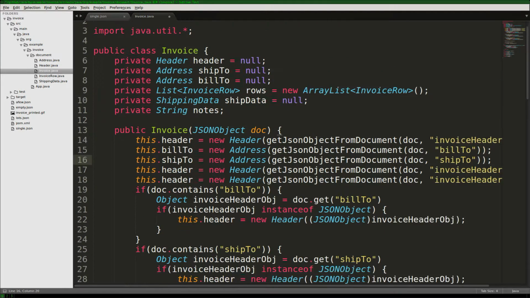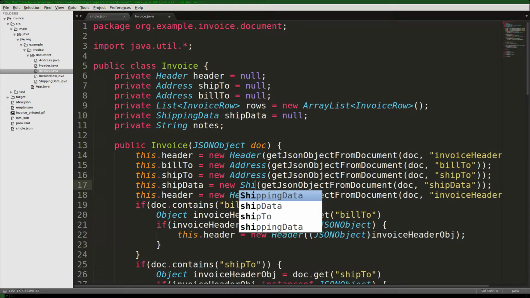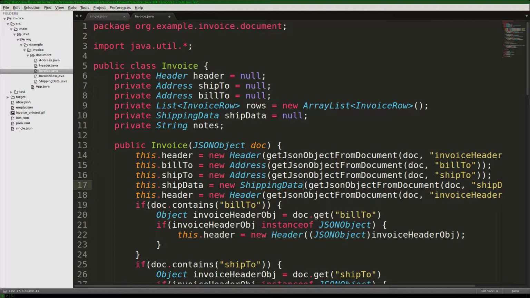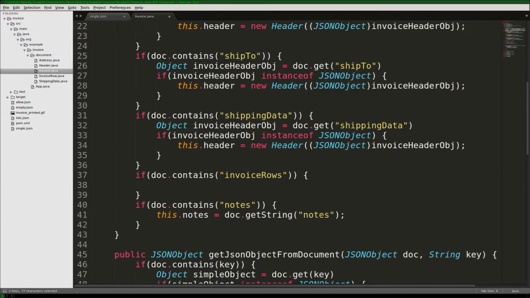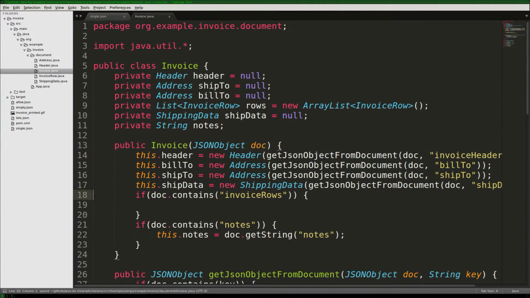We want to have a ship data and set that value to shipping data. See now, I think that's the 4 implementations that we need. So now we have actually solved the issue with everything in this class except for the